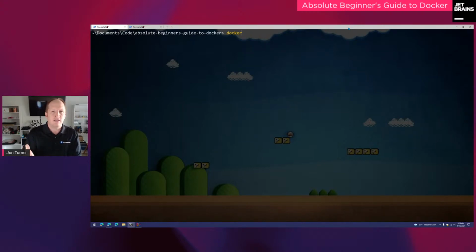This Docker executable is a command line interface tool. So there are different commands that you can send to it. The one we're going to talk about right now is the run command, aptly named, if you want to run a container. So you say docker run, and then you tell it the name of an image that you want your container to be based off of. I happen to know that there is a hello-world image out there somewhere that I can make containers out of. So when I hit enter, what Docker will do is it will first